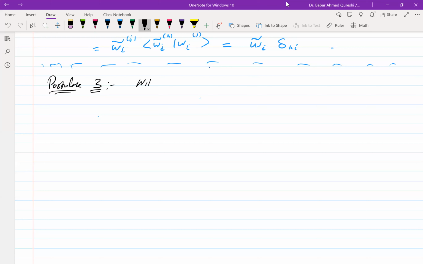I think in postulate 2 we had written that with each observable you associate a Hermitian operator. So postulate 3 says that when you make an observation of a system for an observable, some quantity, the result